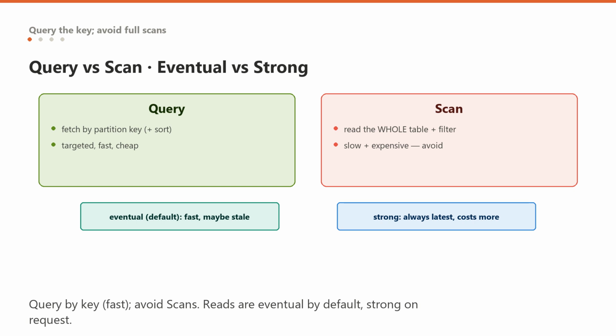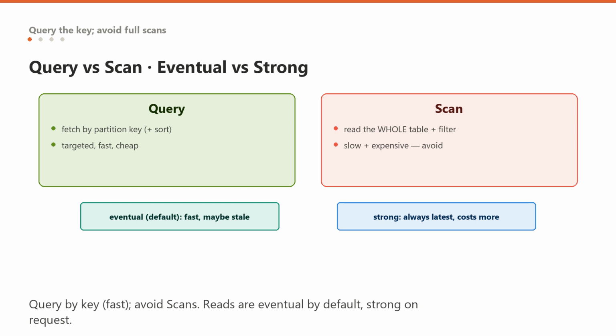Now, consistency. Because DynamoDB keeps multiple copies of your data, a read might hit a copy that hasn't received the very latest write yet. So by default, reads are eventually consistent. They're fast, but might be a split-second stale. If you need the absolute latest value, you request a strongly consistent read, which always reflects the most recent write